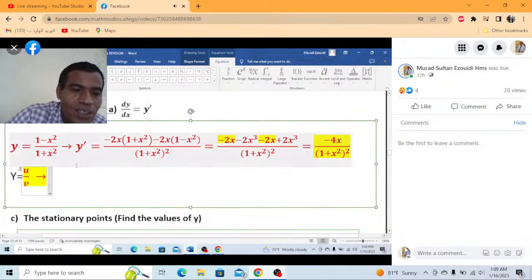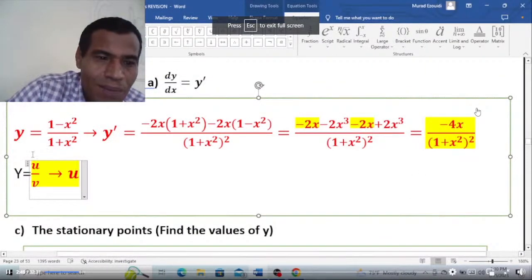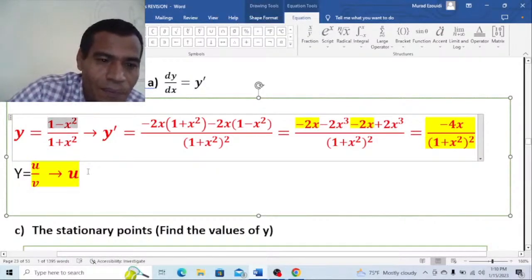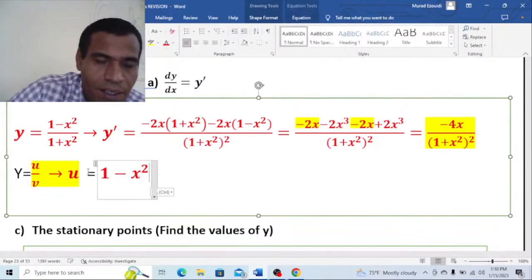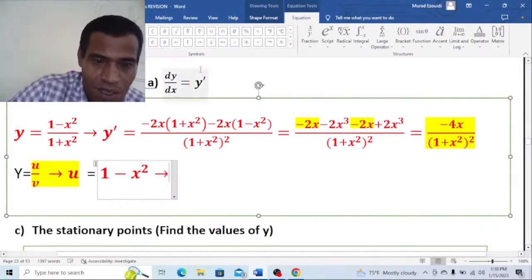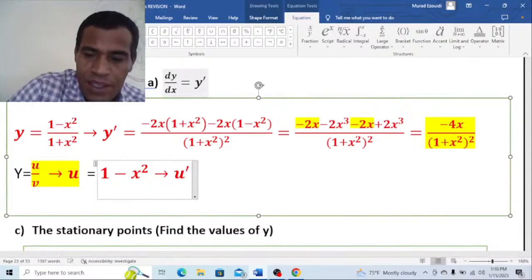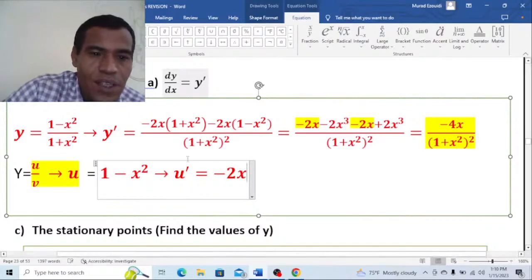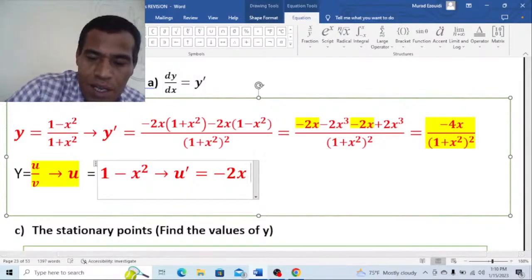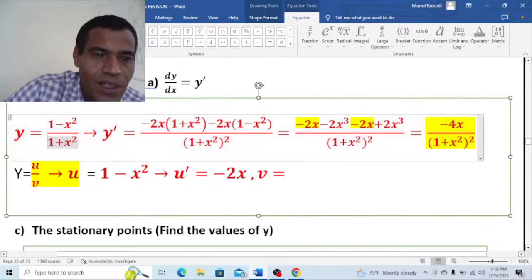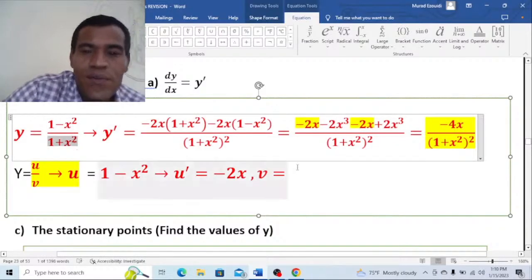I'll suppose that u is equal to 1 minus x squared. Therefore u dash is minus 2x. I'll explain this: u dash is equal to minus 2x. Therefore, if we suppose that now v is equal to 1 plus x squared, like that, therefore